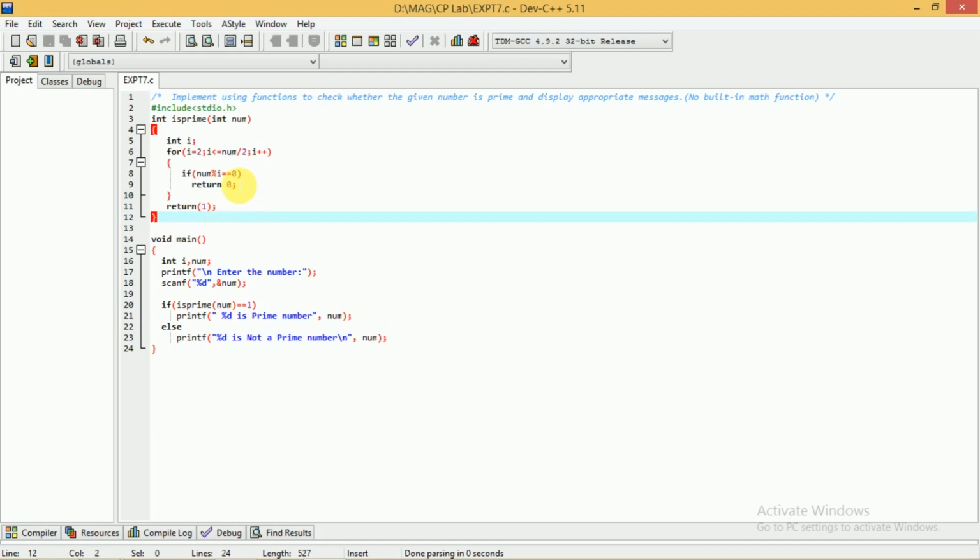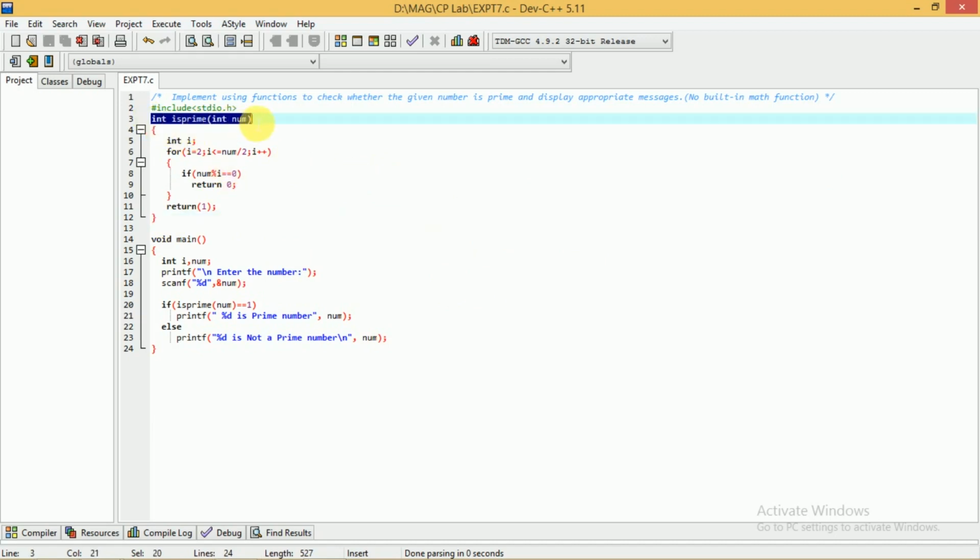As I told you, your program may have a number of functions. So whatever lines are part of your function, you have to include those lines, and for that function you should give one proper name. Usually we call that a signature. So in the signature of a function, three things should be there.